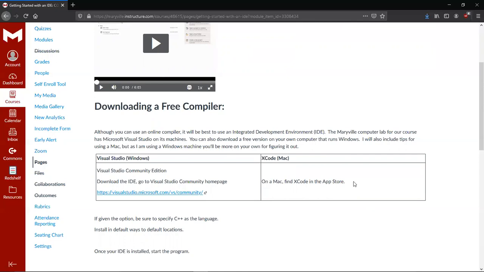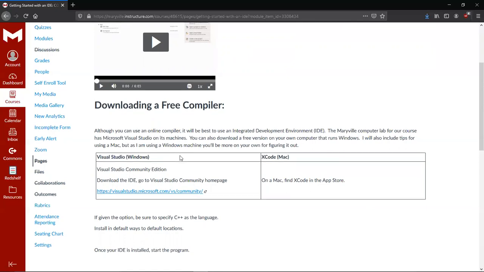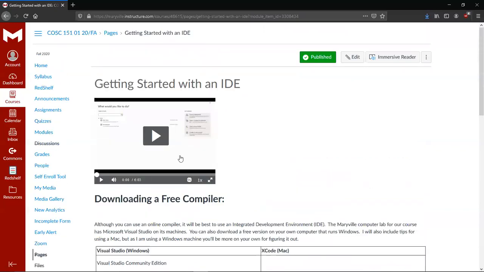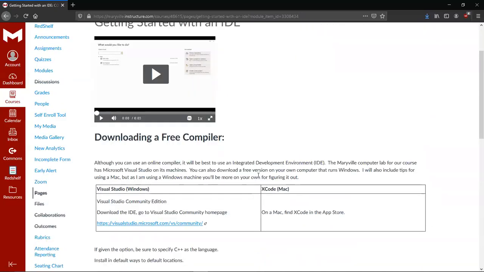So for anyone using a Mac, there's a program in the App Store called Xcode, which can be used as a C++ compiler. For my end of things, since Windows is what I'm operating, that's going to be the main one I'm going to be using as my go-to. I'll either use one of the web-based compilers online or Visual Studio